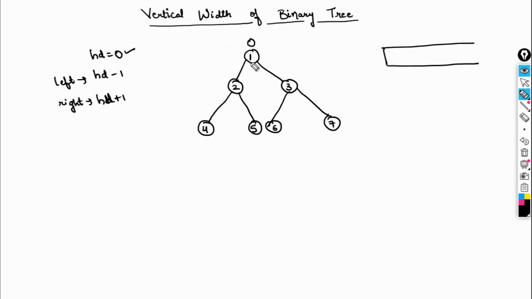Okay, so let's make a call to the left side of the tree. ht is 0 here. Now, as I have told you, if you want to make a call to the left side, you have to do ht minus 1, so it will become minus 1 here. Again, you need to make a call to the left side, so it will become minus 2, right? Then after that, there is no child for 4, so return back and make a call to the right side now. For a right side call it will be ht plus 1, so it will be minus 1 plus 1, that is 0.